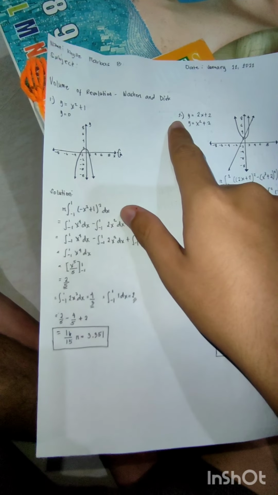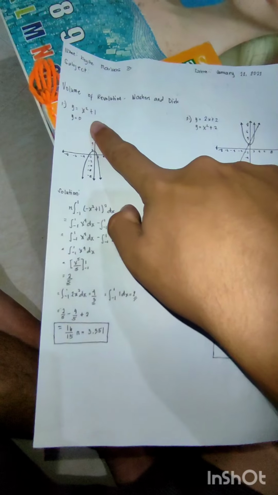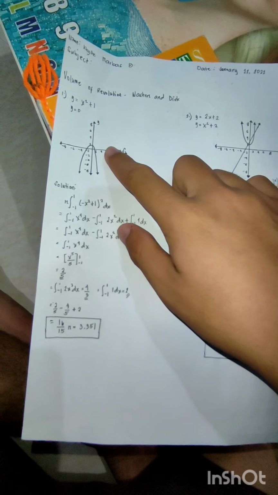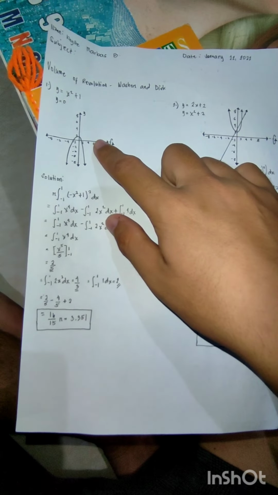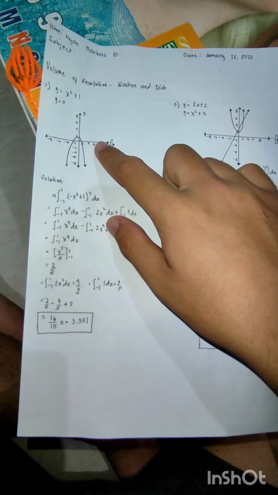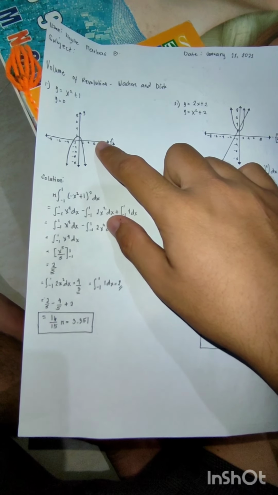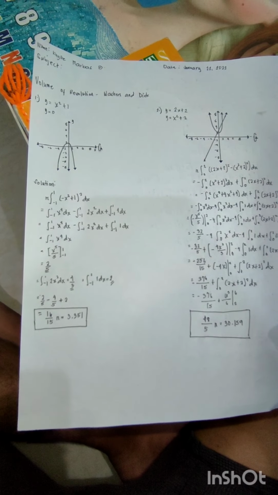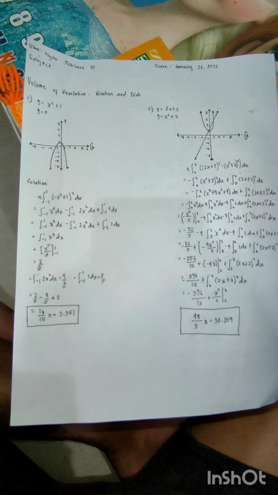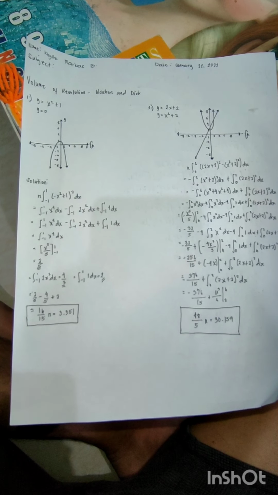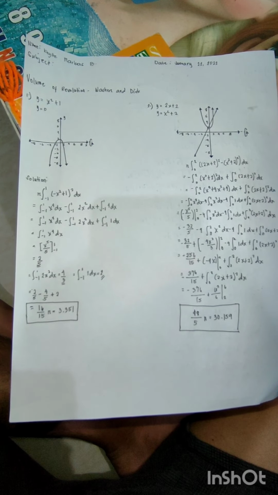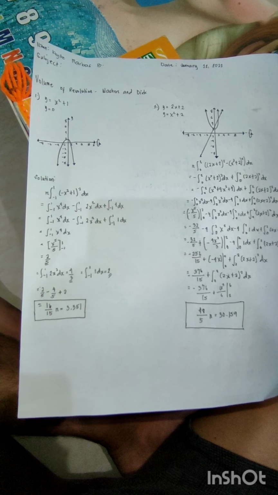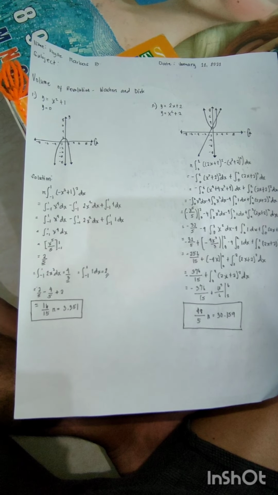Number 1, we have y equals x squared plus 1 and y equals 0. This is the graph of number 1. The solution is the integral from -1 to 1 of the closest parenthesis, minus x squared plus 1 over 2 dx. Now we have to expand